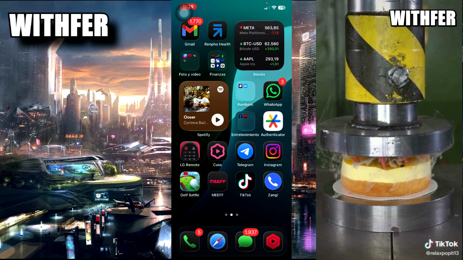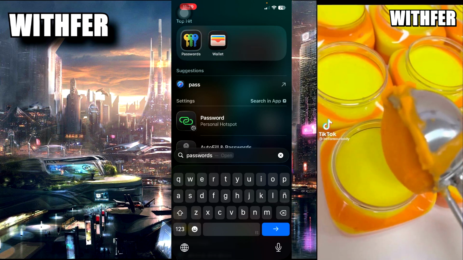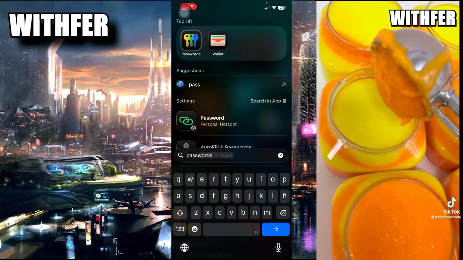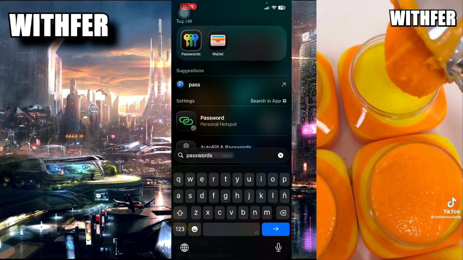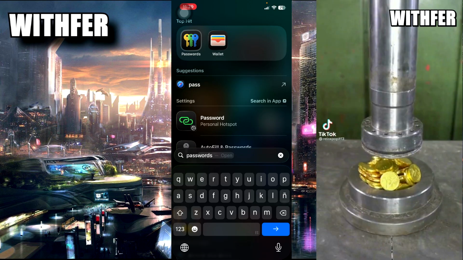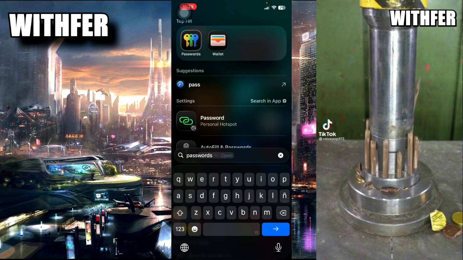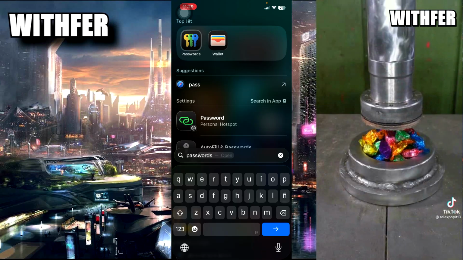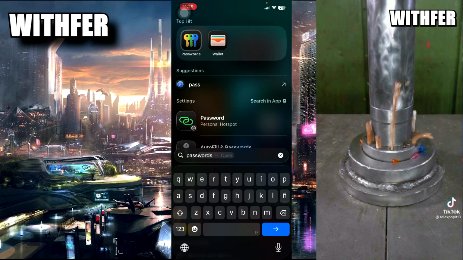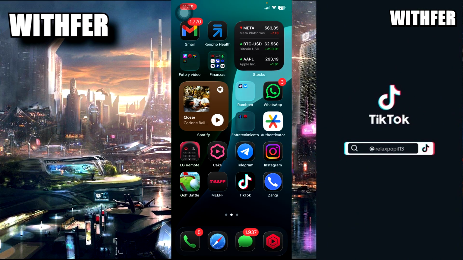Now, in your screen, scroll down. When you are here, write password, and this is the official app on iPhone, okay? Maybe you saved your personal information in this app, okay? If you want to delete your personal account, okay, open that with your Face ID or your code, I don't know, and try to find your personal account, your personal information, and delete, okay? With that, you delete completely your Facebook profile in your iPhone, okay?